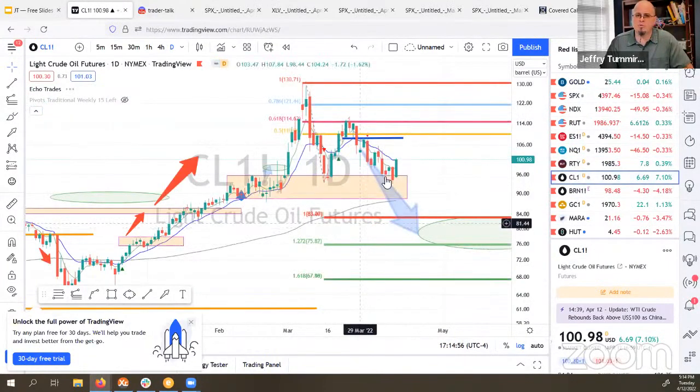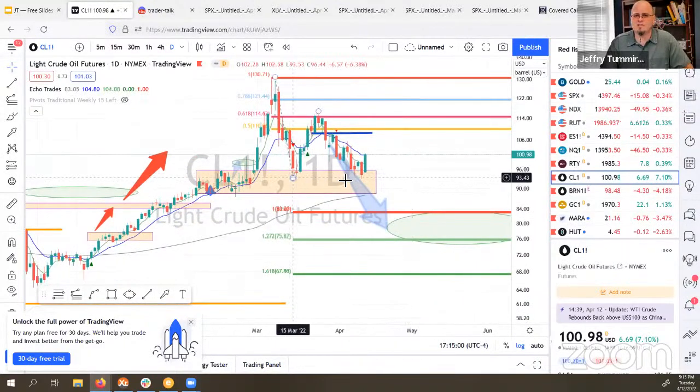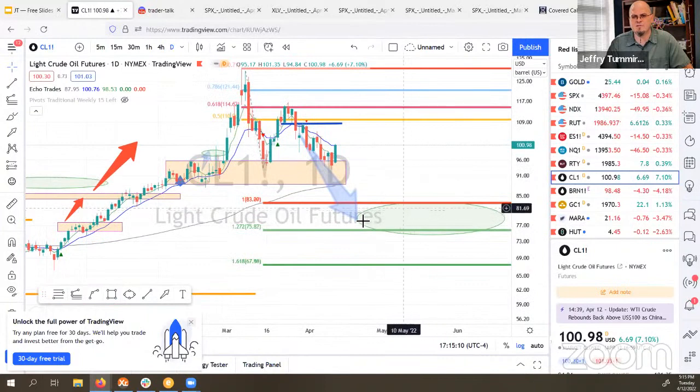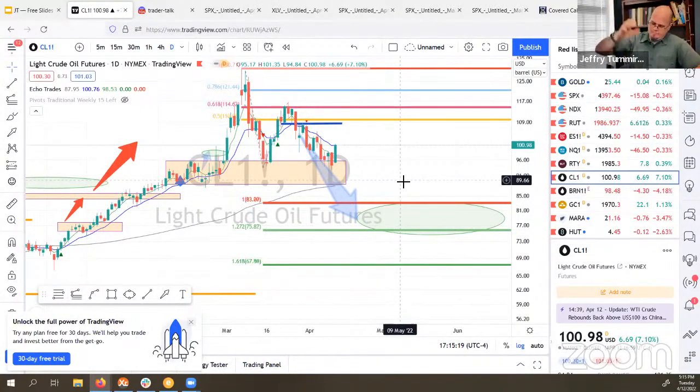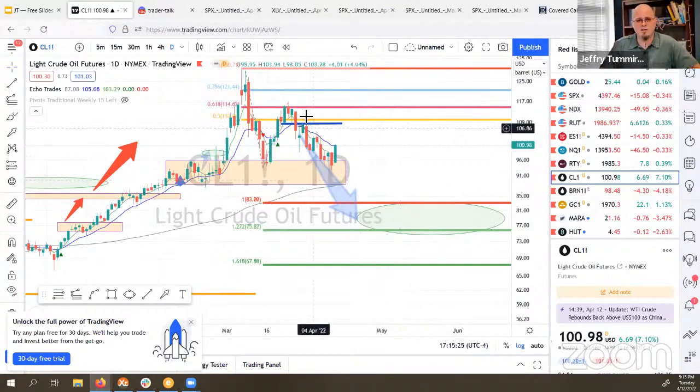Now, oil still in the downtrend. We kind of made this double bottom here. Potentially could be a bounce point, but I still strongly believe that oil's on this path to come visit this area between 75 and 83. Everybody says, oh my gosh, all the geopolitical threats and blah, blah, blah, oil should be like a bajillion, right? Like there's no good reason for it to go down. Well, we peaked out back here right at the beginning of the war, and we've been pulling back ever since.